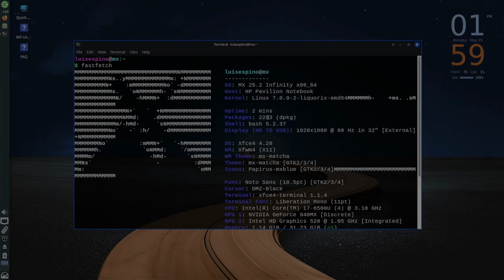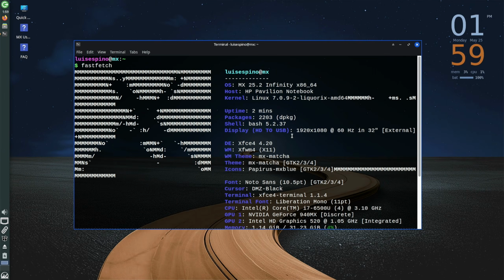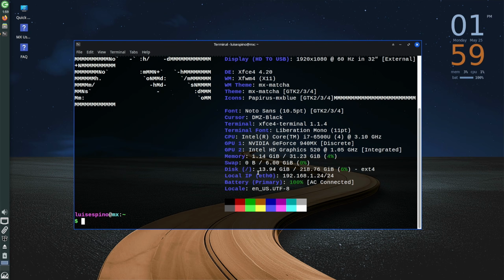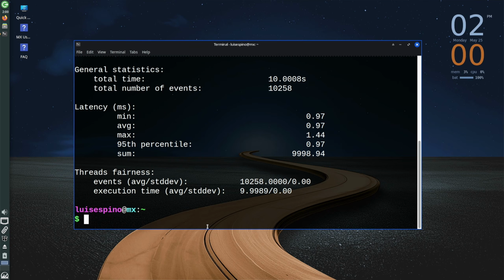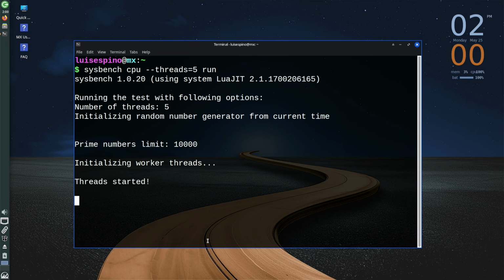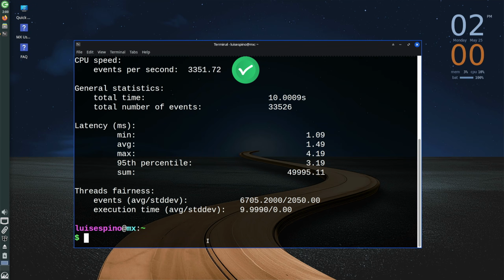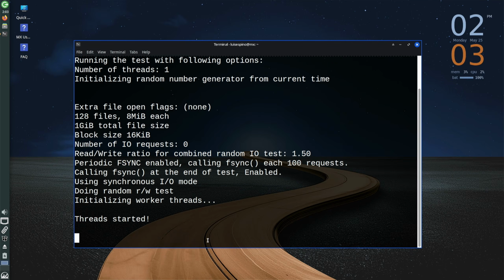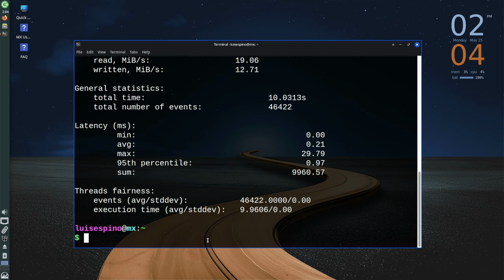MX Linux released version 25.2 AHS. It features Xfce and Kernel 7. This version absolutely crushed it. In performance benchmarks, the single-thread processor test had an excellent result. It performed equally well with 5 threads. The random read and write speeds from the disk input-output tests have been the highest ever recorded in our testing